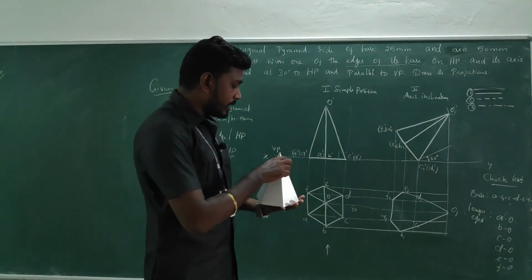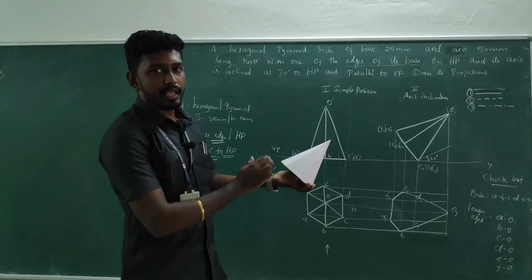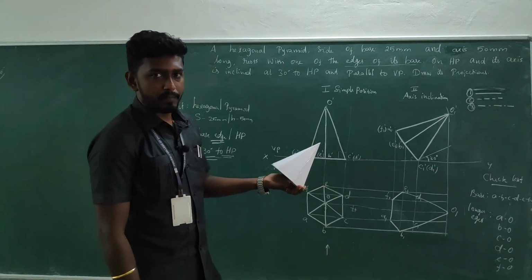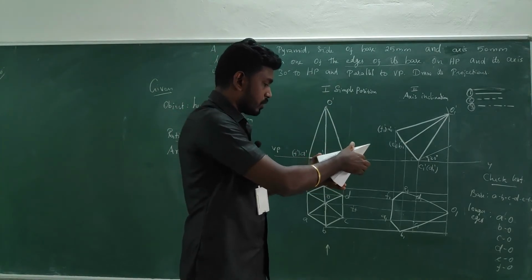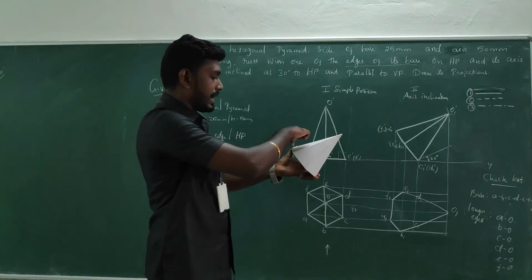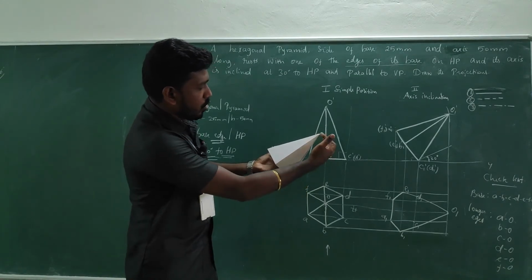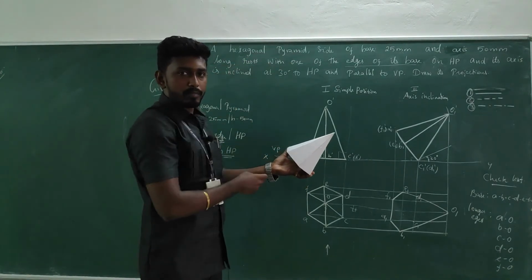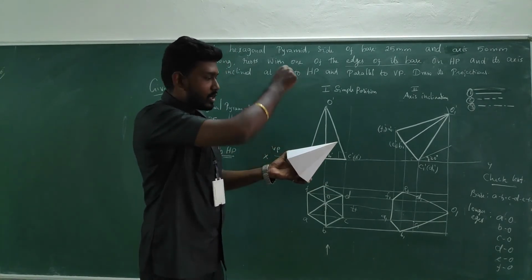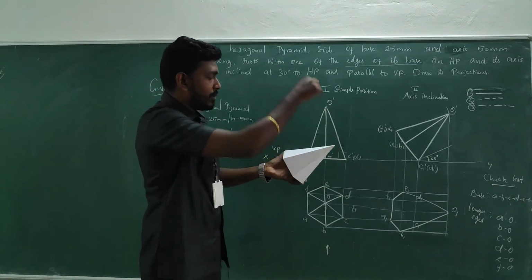Now you concentrate on the base. Since it is inclined, definitely the base will be partially visible, partially invisible, right? So when you are looking from the top, I can say I have taken A, B, C, D, E, and F. Definitely this C to O and this D to O will be invisible when you are looking from the top, since it is lying behind the triangular face which is at the top, right? So the edges C to O and D to O will be invisible.